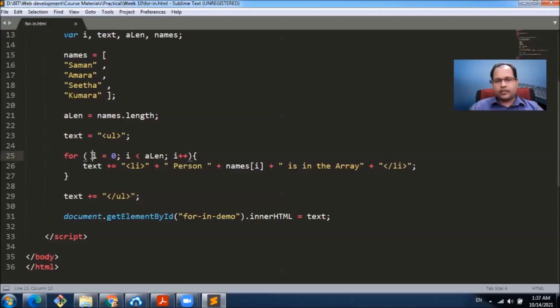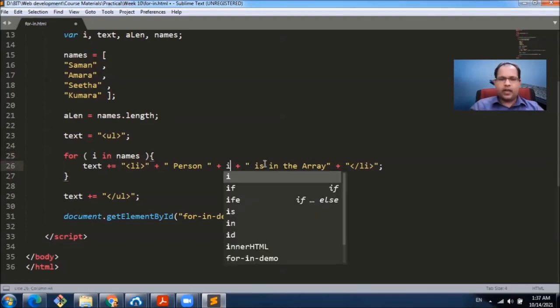We can accomplish something similar by using for i in names. What happens is, this i will be the indices of this array. For example, in the first case it will be 0, second case it will be 1, 2, and 3.